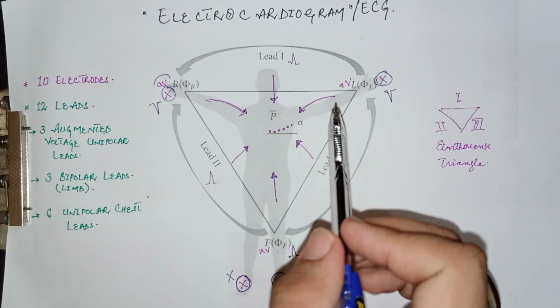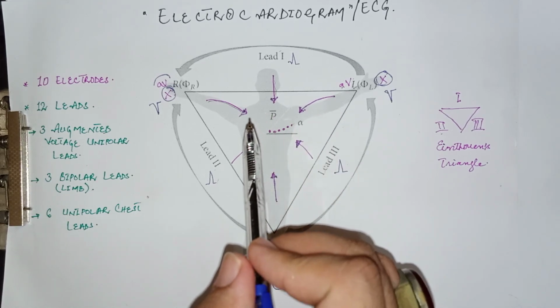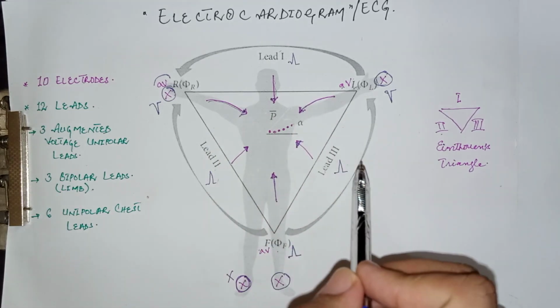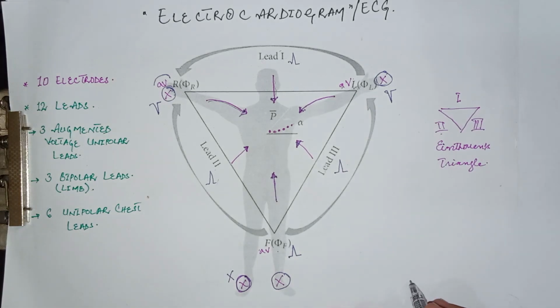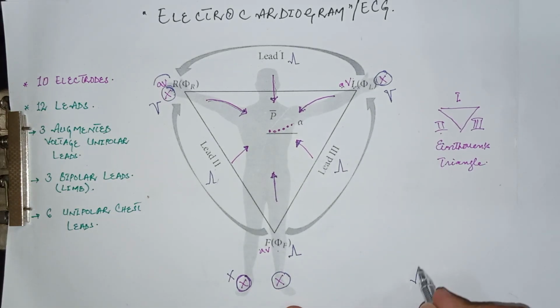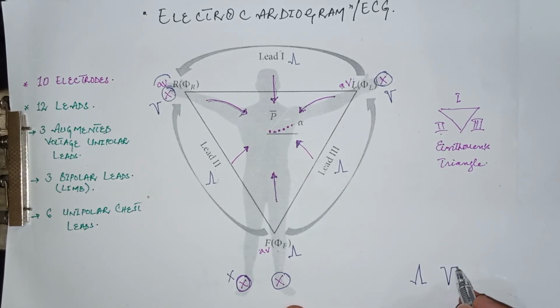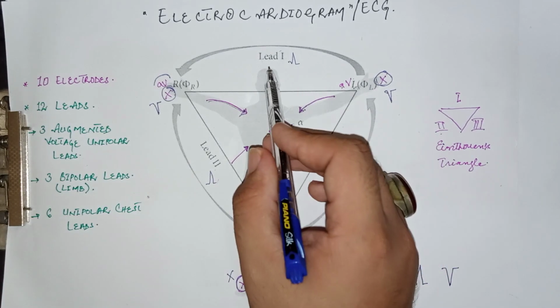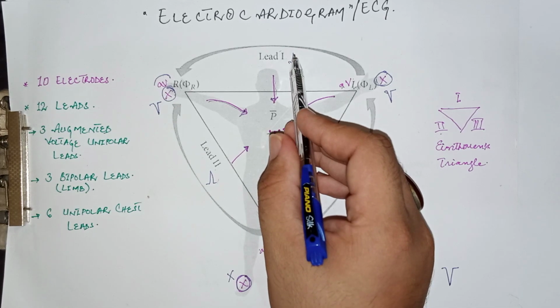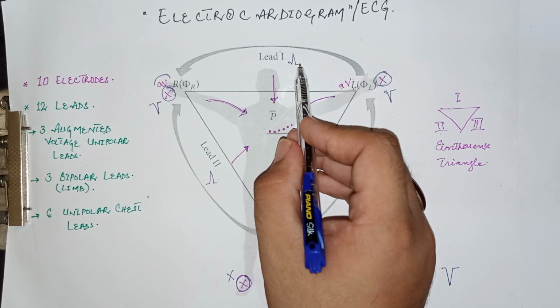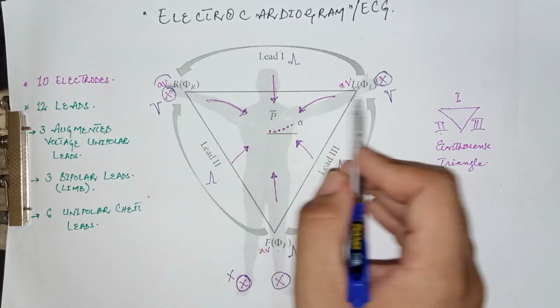Lead, remember the rule that when the electrical activity or the depolarization moves towards the positive electrode, it shows a positive deflection of the QRS complex like this, that is an upward deflection. When it moves away from the electrode, it shows a negative deflection, that is a downward deflection of the QRS complex. So normally lead 1 gives a low voltage positive QRS complex, and AVR and AVL